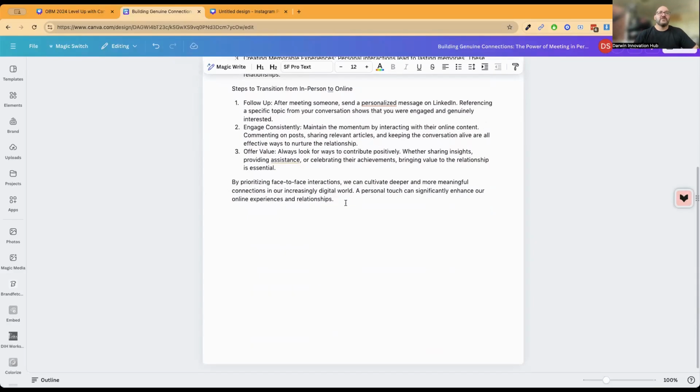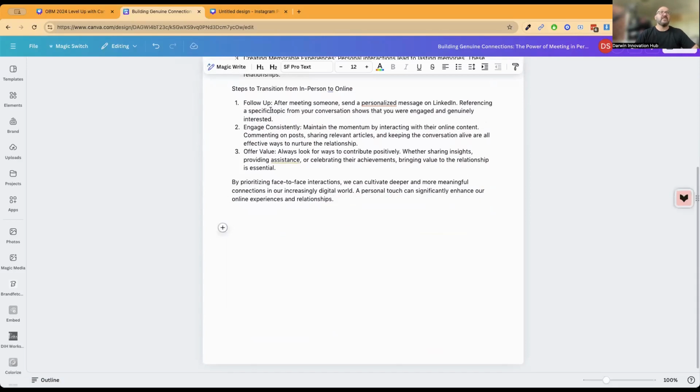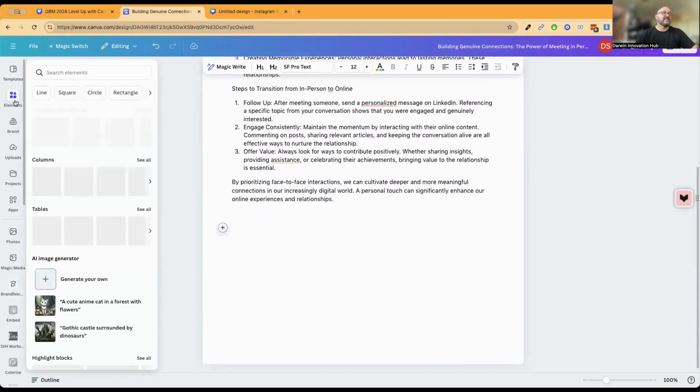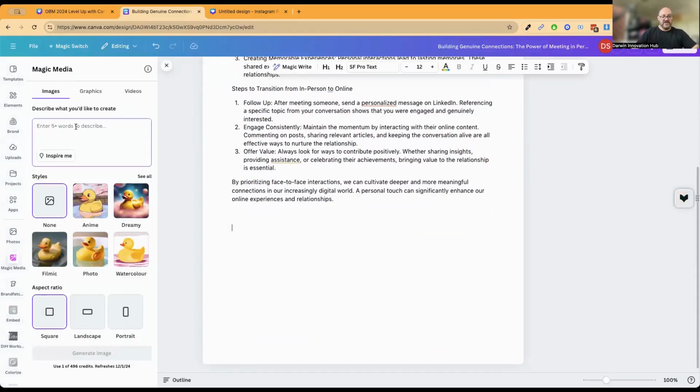And what I can now do is generate an image. So instead of Magic Write, I can start and go into something else. So I can put on all these different things. What I basically want to do is maybe put in an image. So I can go into my Magic Media again, generate an image of a business owner